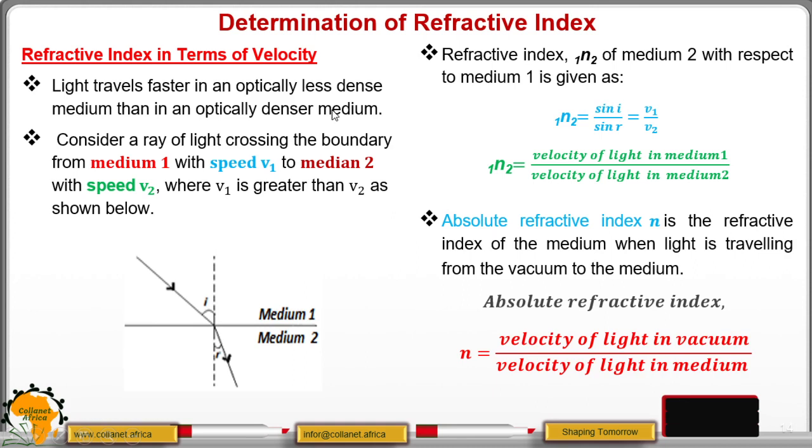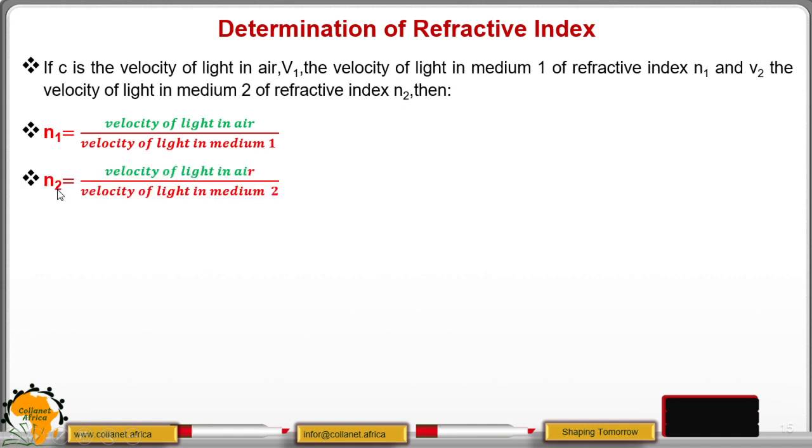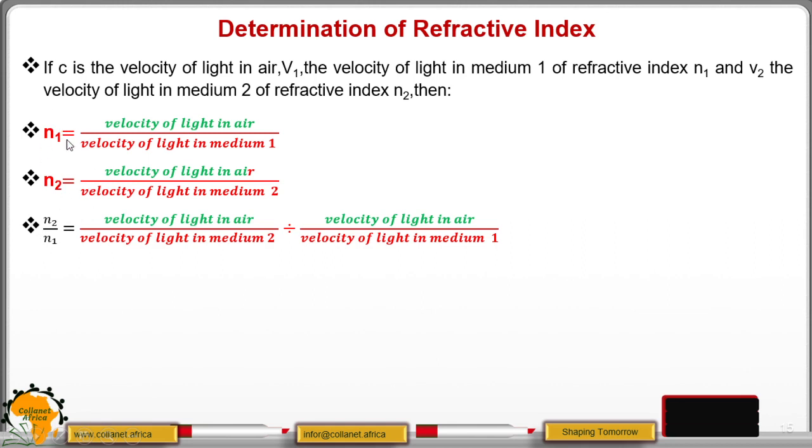So having this in mind, we can consider c as the velocity of light in air, v1 the velocity of light in medium 1 with refractive index n1, and v2 the velocity of light in medium 2 with refractive index n2. Then n1 is equal to the velocity of light in air divided by the velocity of light in medium 1. That is by definition. Then n2 will be the velocity of light in air divided by the velocity of light in medium 2. So if we take these two terms and divide, that is n2 divided by n1,